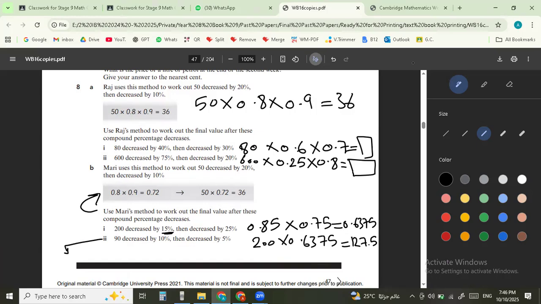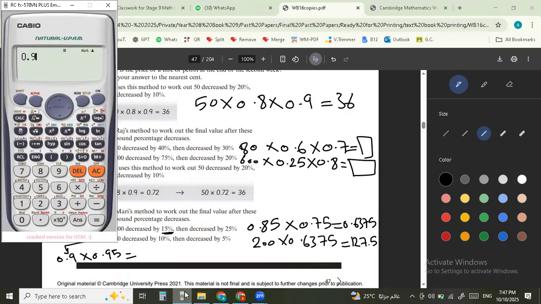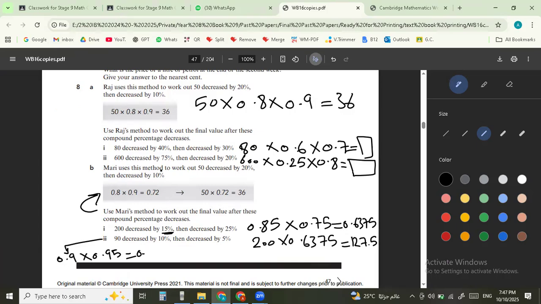Exactly the same thing. I need to do decreased by 10%, the multiplier is 0.9, multiplied by decreased by 5%, which is 0.95, because a 5% decrease becomes 95%, so 0.95. This is going to give you the compound multiplier, which is equal to 0.9 times 0.95 equals 0.855. From there, I'm going to go to 90 times